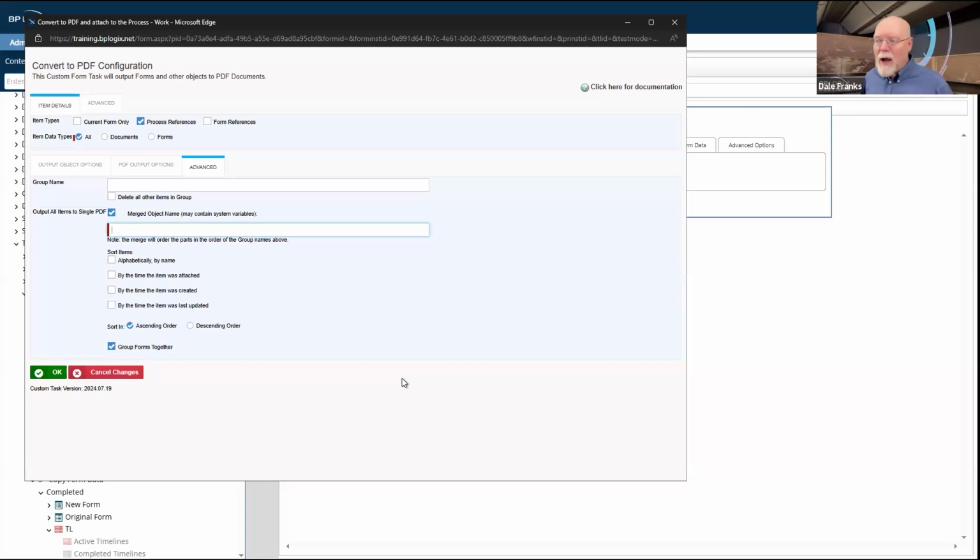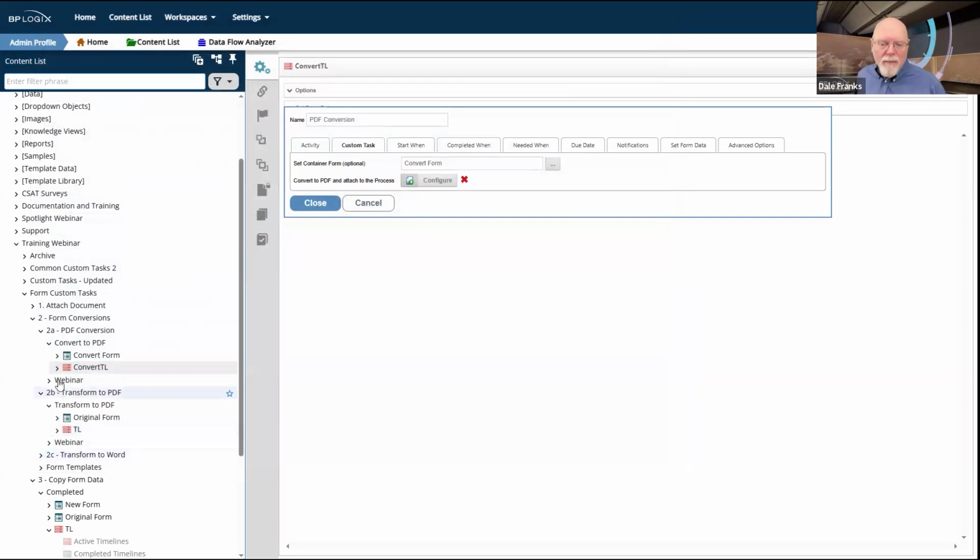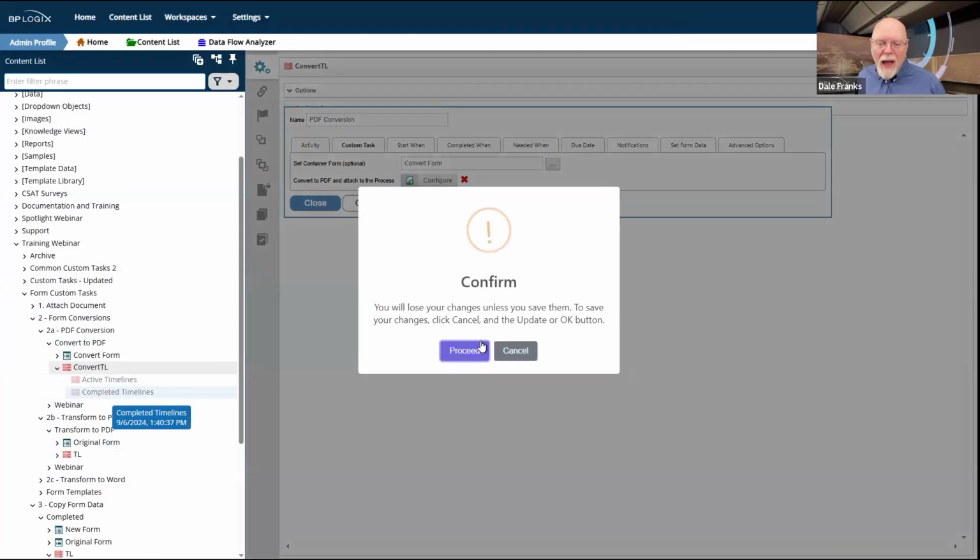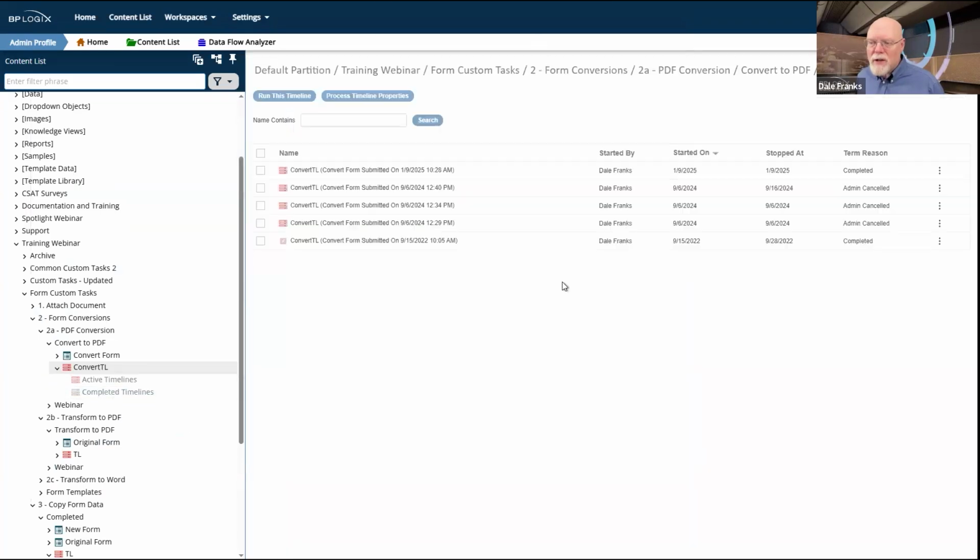You can actually run a process that will go through and find all of those old instances of all of these old processes and just run through them. And if they're beyond a certain age, and by the way, you can do this by kicking off a process with a knowledge view, where you just pull back all of these old documents, and call this knowledge view to run a process on each row in the knowledge view. And you can just take and convert the form and any document attachments from those old processes to PDF, and actually you can export those PDFs using item actions to an external file system.